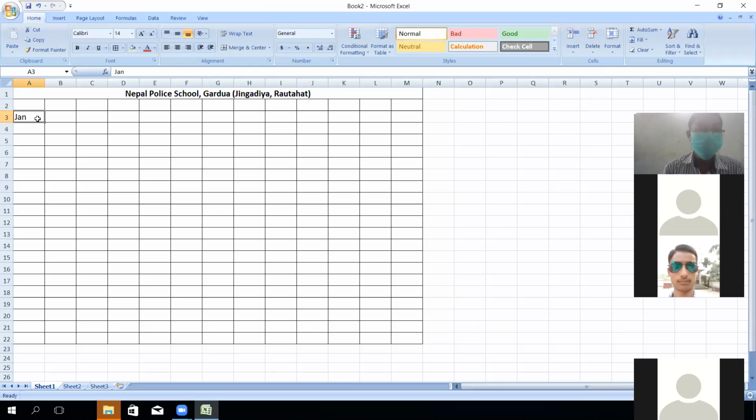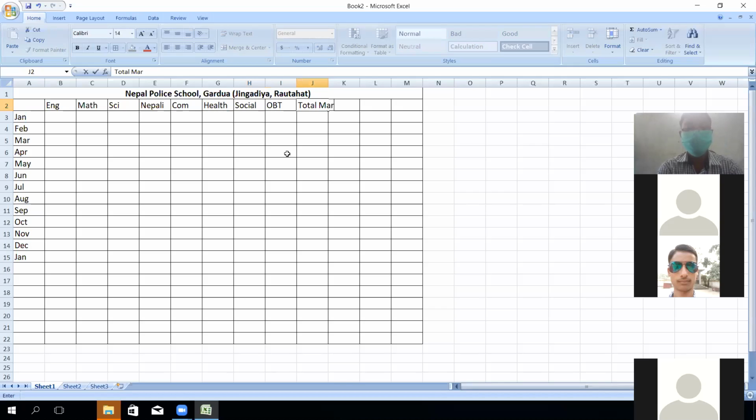Then marks: English, math, science, Nepali, computer, health, social. How many? 1, 2, 3, 4, 5, 6, 7, right? And there is the OBT. Then you can write here total marks.